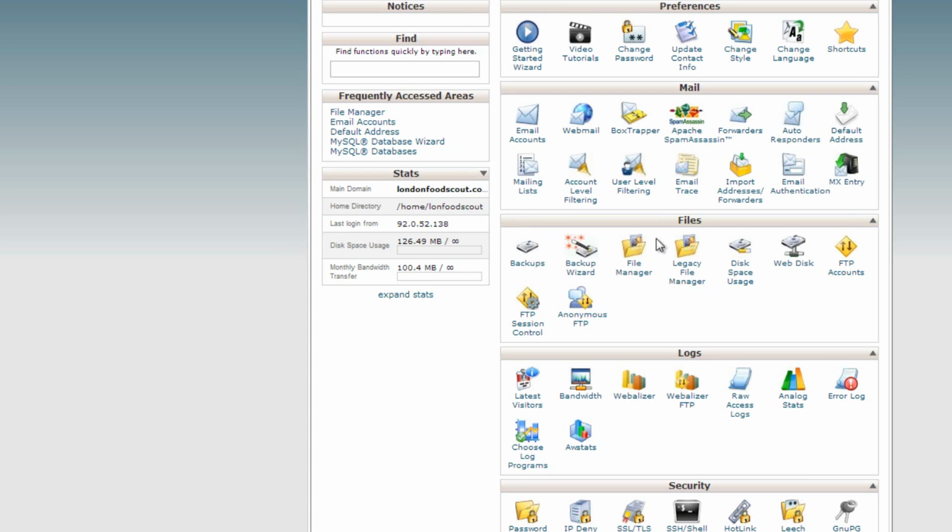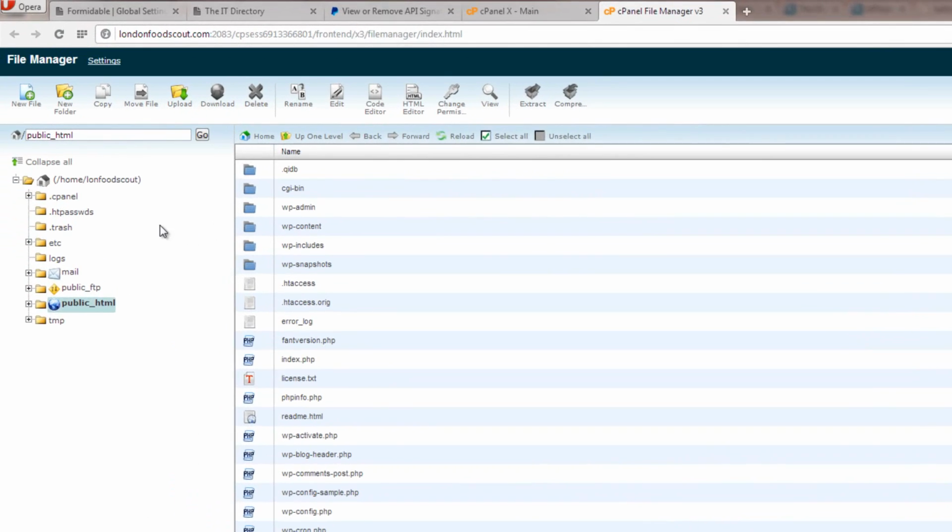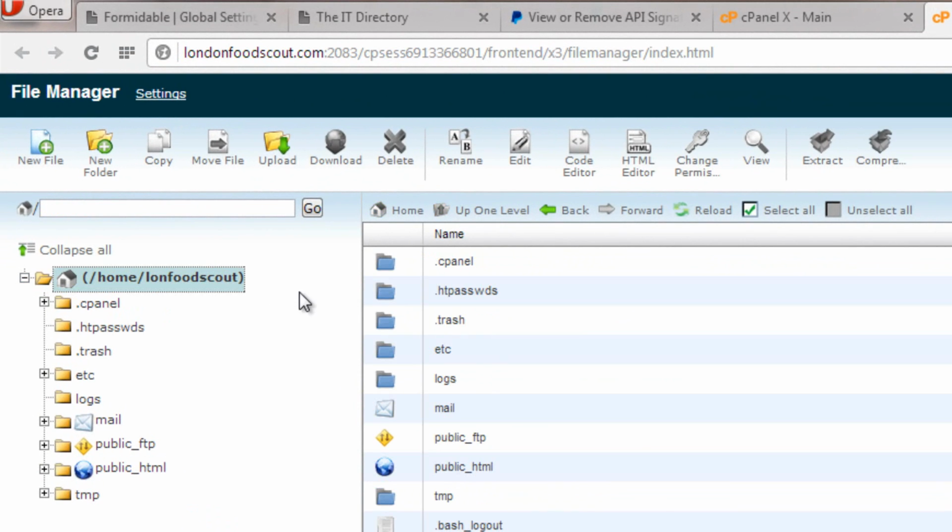We'll see that the home directory is /home/Lun Food Scout. So what we need to do is just go into the file manager, and we can see that the website is set up here. Here's the WordPress folders, and the file that we're concerned with is located in wp/content, and what we need is this part here,